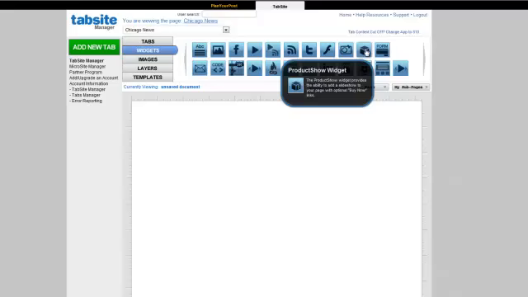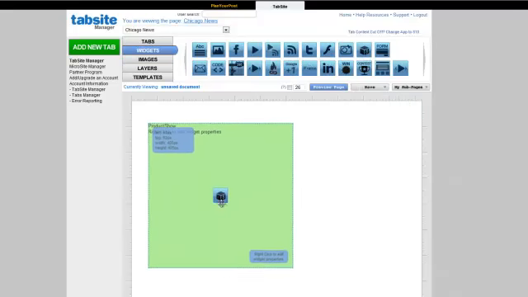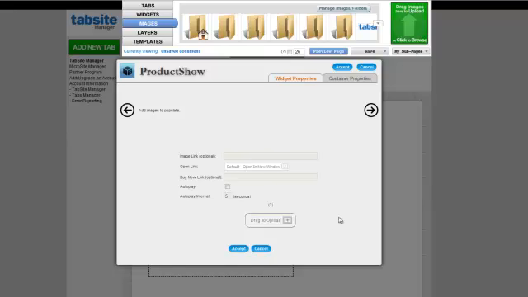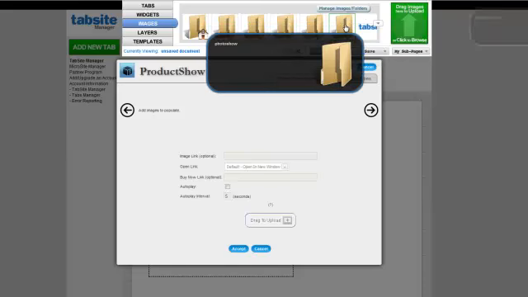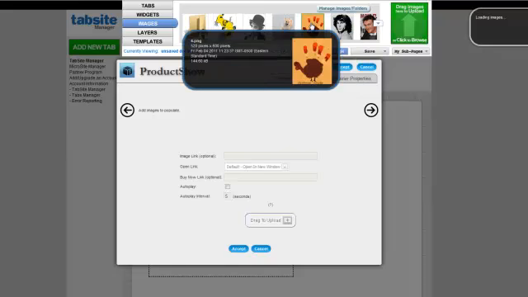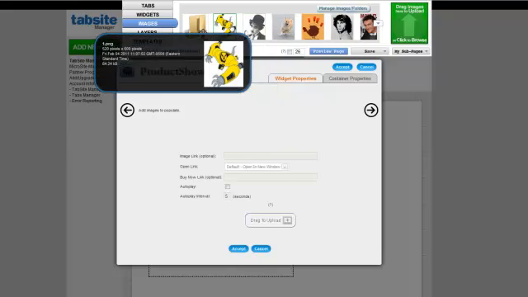So I'm going up to it, finding the product show widget, and dragging it down to the work area, and it opens up. There's no images, and so I'm going to open up one of my folders here. I've gotten some images. Let's say that I sell posters, and I have a website where people can